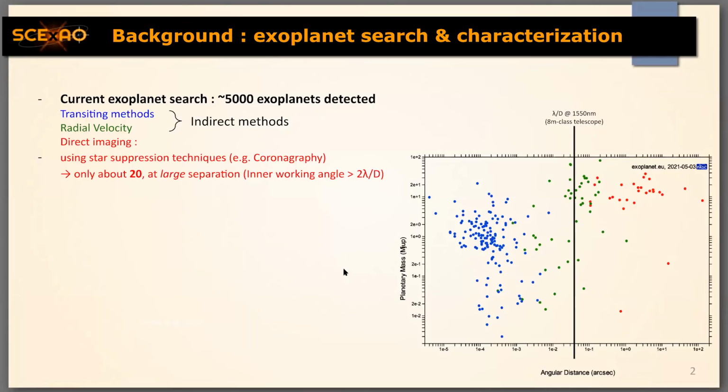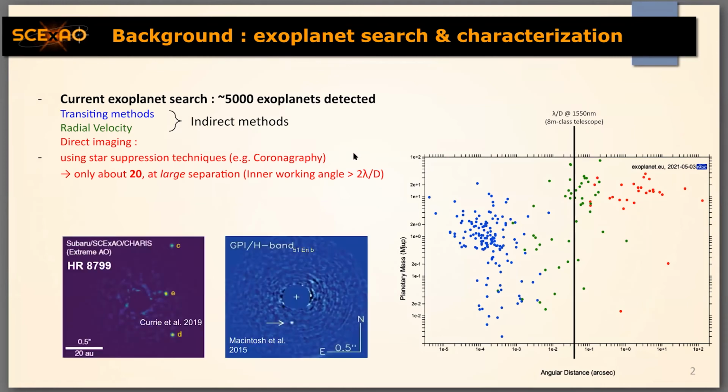So let me give a brief recap on the current state of the exoplanet search. We have lots of exoplanets that have been found with indirect detection methods, transits and radial velocity, and very few planets at this stage that have been found using direct imaging, only about 20. And we are restricted for now on 8-meter class telescopes to only the bigger planets, most separated from their host stars. Here are very famous images from 51 Eri b and HR 8799,